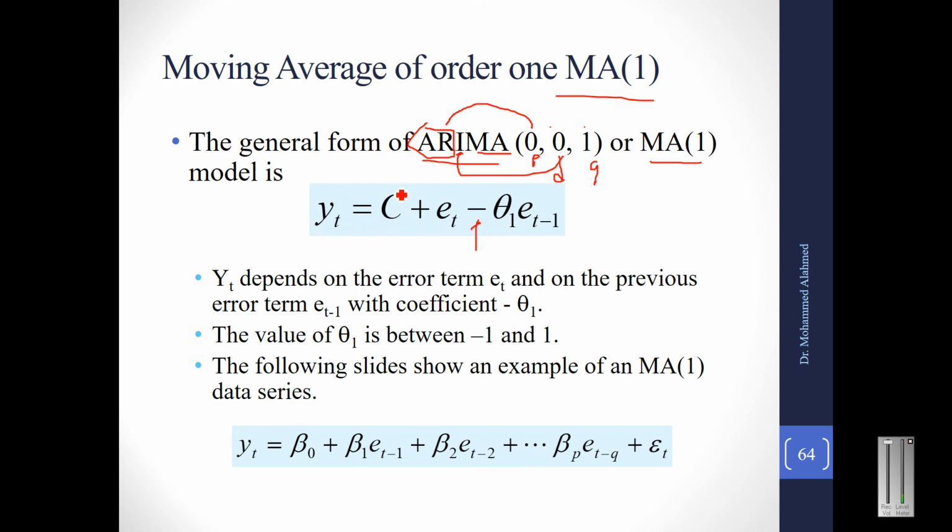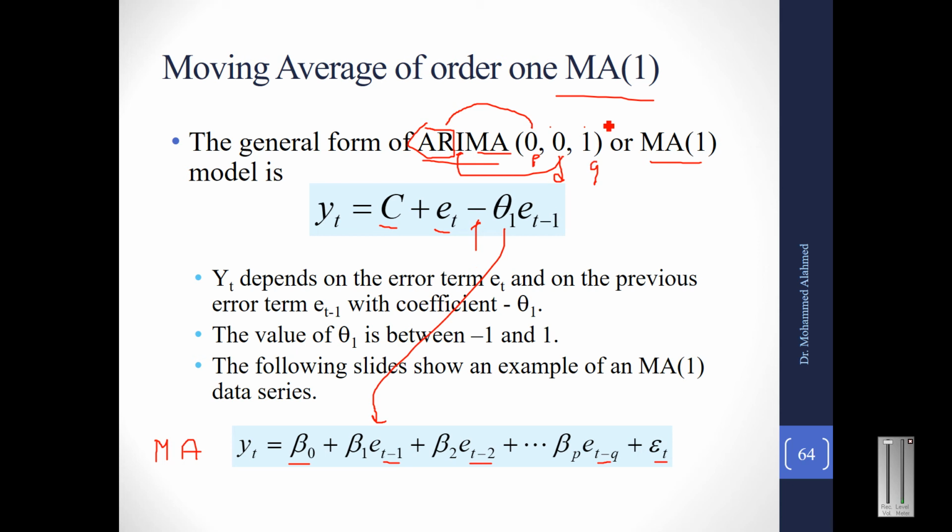From the model itself, you can see, in the previous class we had seen what an MA model is, right? An MA model is basically the constant and the error term, which is nothing but c and e t in this representation, and then a summation of the error terms e t minus 1, e t minus 2, up to e t minus q. So you can see here minus theta 1 corresponds to e t minus 1, right? You can have a corresponding relation here.